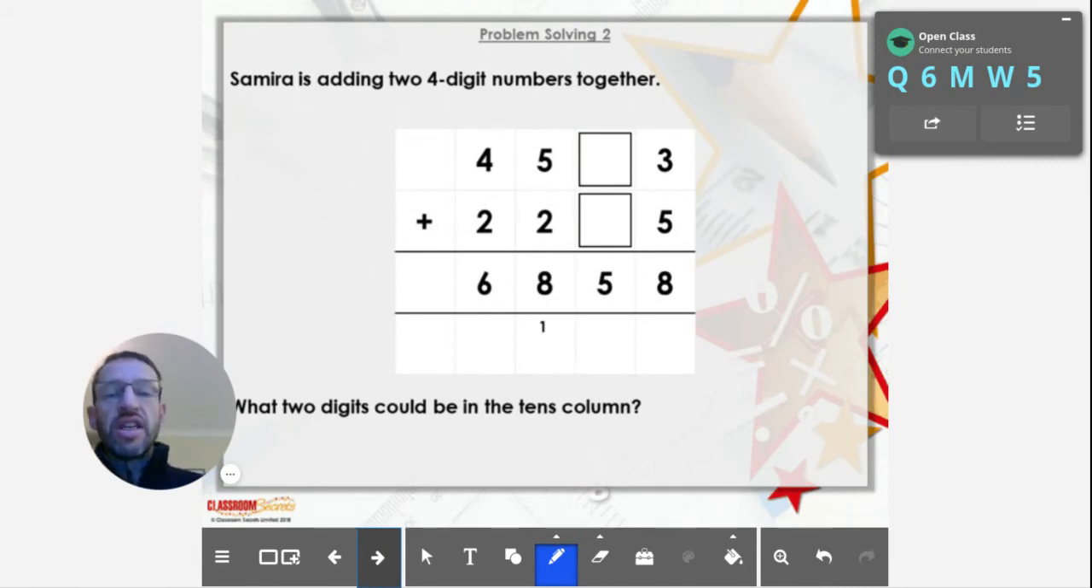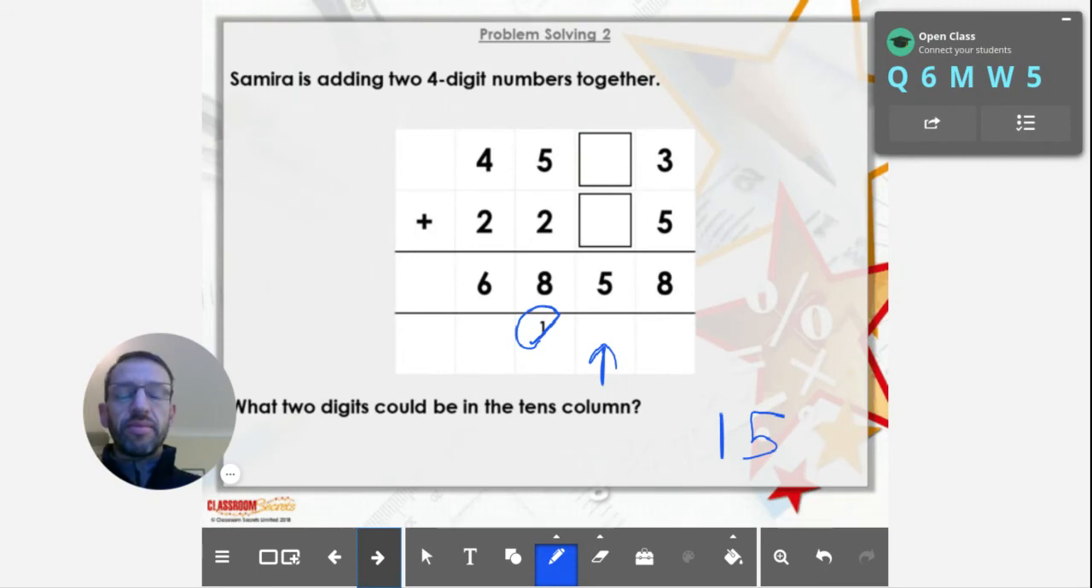Straight off, I look at the tens column. I know it's addition. And I think, well, hey, it's 5, so I could add 1 and 4, 3 and 2. But if you look more closely, there's some exchange or carrying going on. So here it is. There's a 1 that's got carried into the hundreds. So the answer to the tens column must be